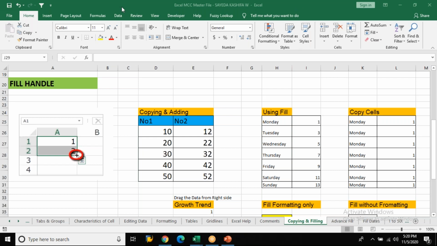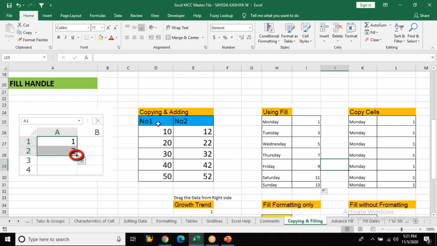Now they might ask what is a tab. Here, if you observe this, menus, insert, page layout, formula, data, review, they are all nothing but tabs. Under each tab you have groups. What are groups? Clipboard, font, alignment, numbers, styles, cells, they are groups. Under each group you have different types of commands. These are the few things which you should be aware of.